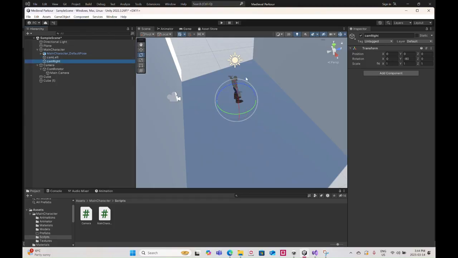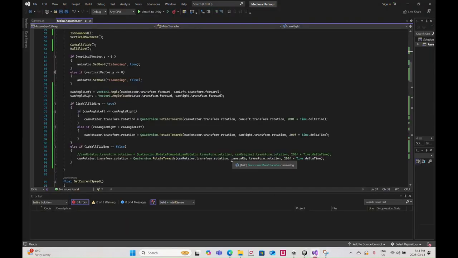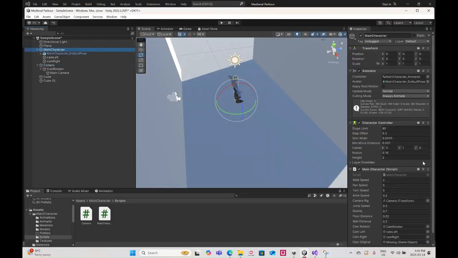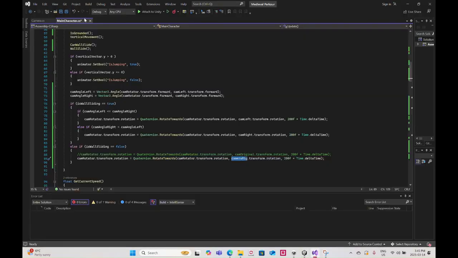But as soon as he lands, or whether he's jumping, the rotation of this snaps back to the camera parent rotation, which is the camera rig, which is something I've already added. Already here, camera rig. So if I compile that,